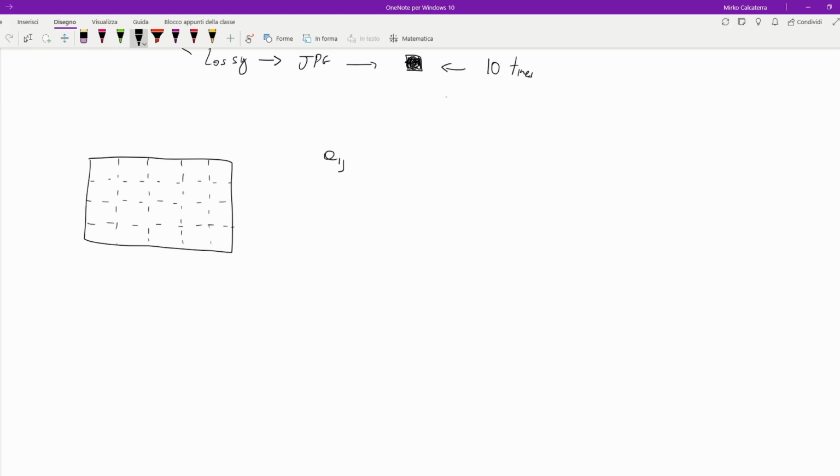I have to write A_ij, maybe it is better to put a hat here, equal to the sum. The sum substitutes the integral of the continuous convolution, where k goes from -1 to 1,